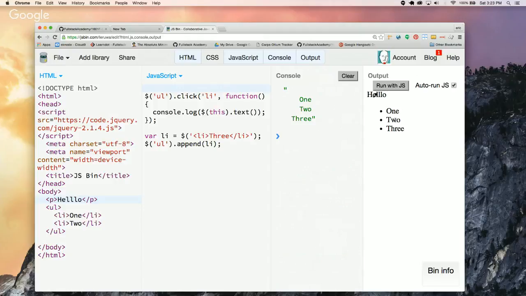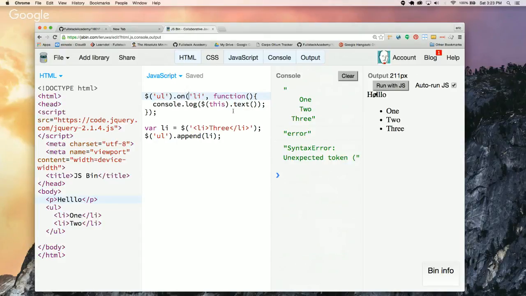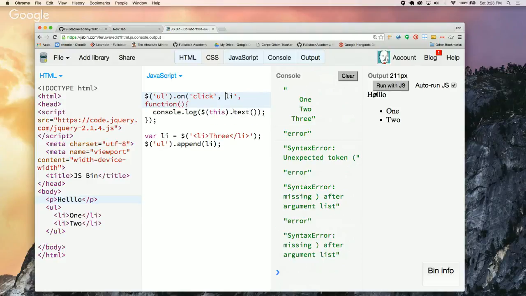Yeah, here basically, from my perspective, it's totally ignoring that li. Not even doing anything with it. It's giving me the whole unordered list. So this has to be on. And I think what probably ended up happening is that this might have been added